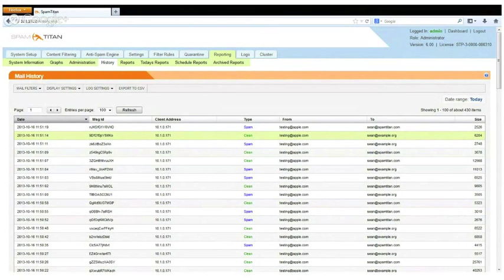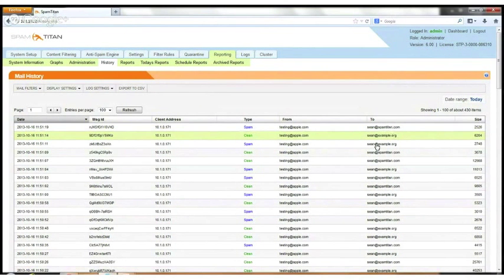Delete the message just basically stops it being archived anymore. We can forward it on to the quarantine administrator, or quite importantly, is the ability to mark the message as spam. So if, for instance, we look at this message and say, okay, source here. If we see that, okay, this isn't a pretty good example because there's not much in this one, but if we look at one down here,